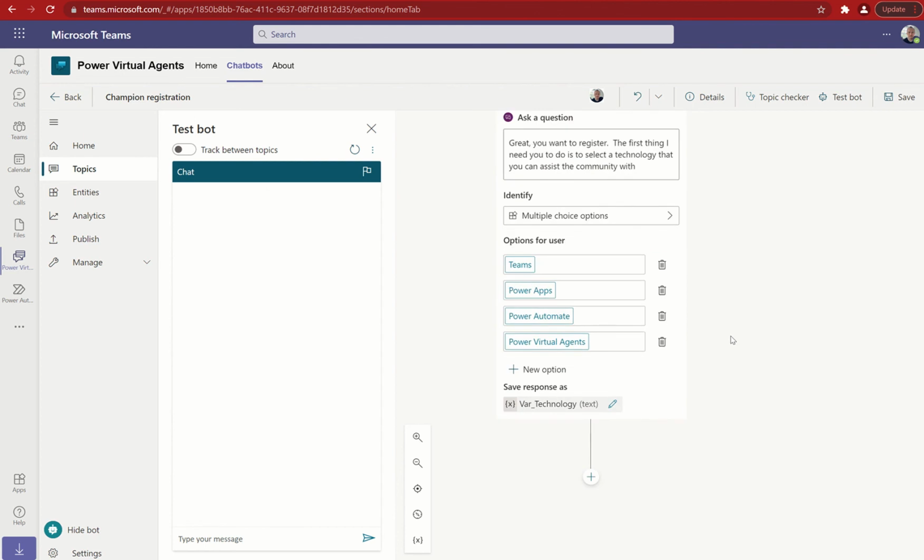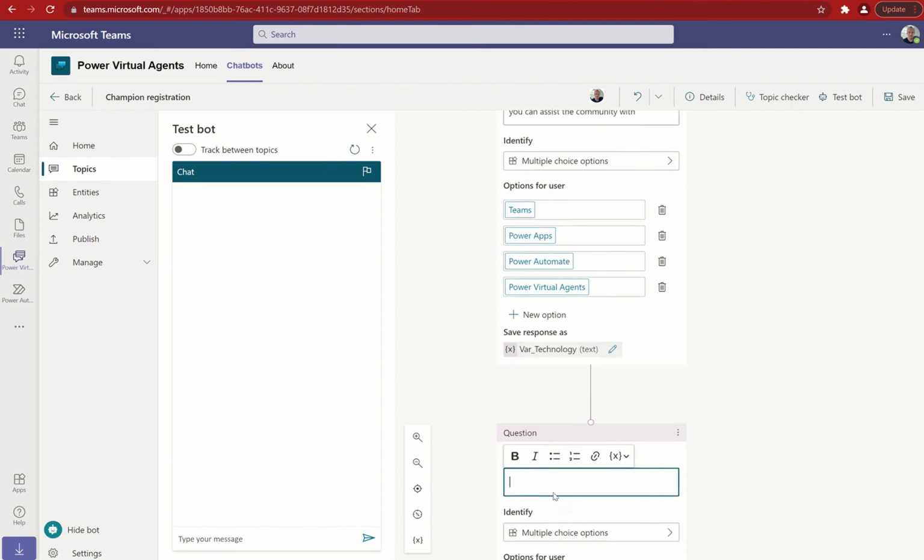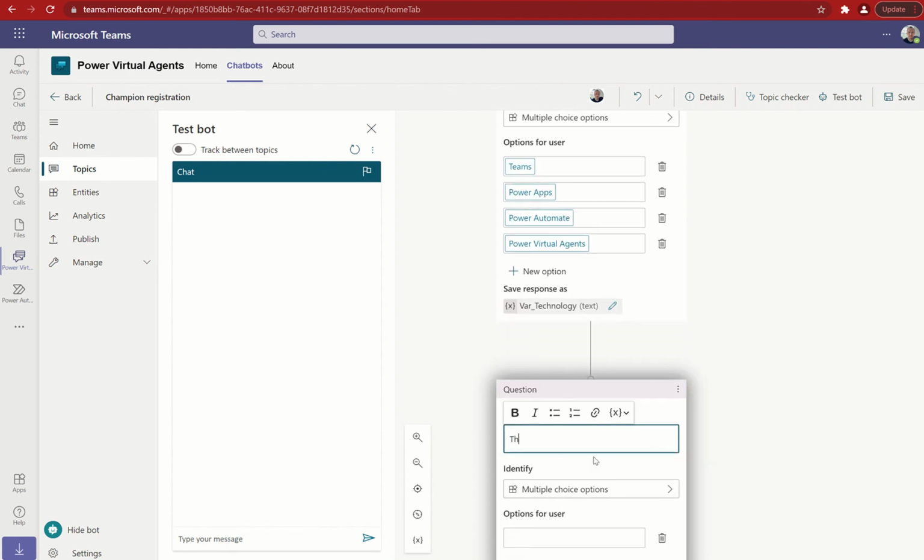We already know who they are, right? Well, I'll talk about that in a second. So we know the user's identity. Now we know what technology they want. So the next thing is to ask them what level of involvement they want. So we can say thank you. The last question is what level of involvement, let's go like that,